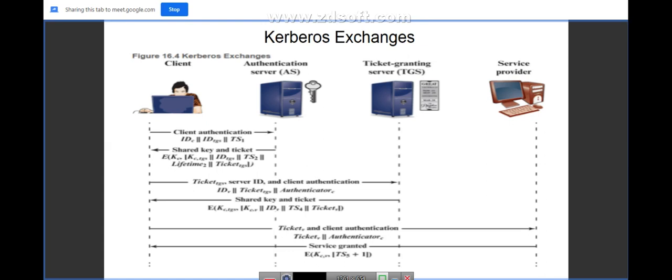Then once the client has approached that, now as the fifth communication, as you can see here, the client is requesting the service using the Ticket V and client authentication. What is client authentication? The client can authenticate himself by sending an authenticator. So the client is sending two parameters here, one is Ticket V and the other is Authenticator C. So Ticket V assures the server that the user has been authenticated by the authentication server.